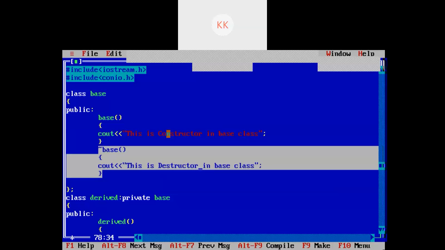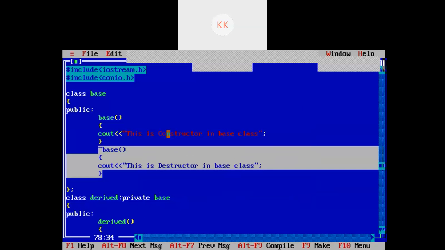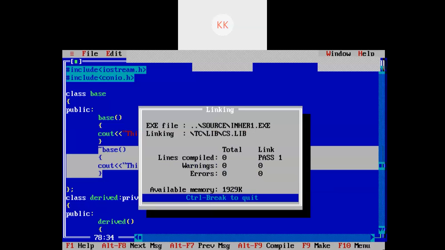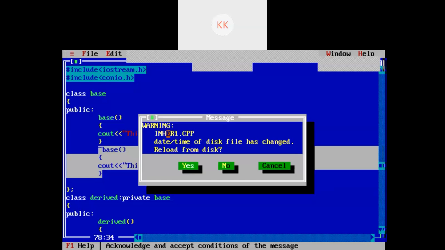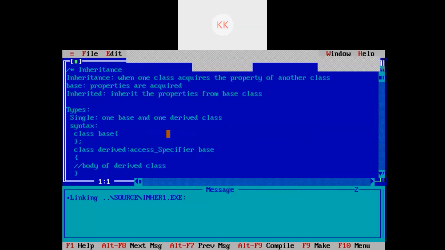So we will try to see how it performs. I will press Control F9. So the constructor in the base class will be called first, then the constructor in the derived class, and we will see the output.